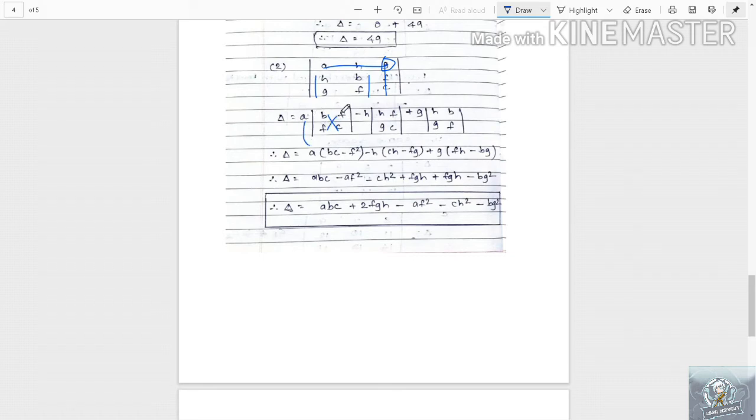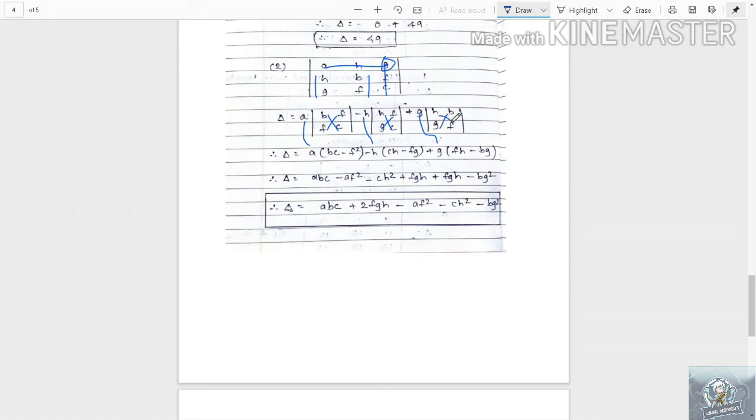BC minus FC square, because F into F will become F square, minus H as it is, and again cross multiplication. HC I have written in alphabetic order. It's your wish as you want to write. And then minus FG, plus sign again. Then copy G, cross multiplication,